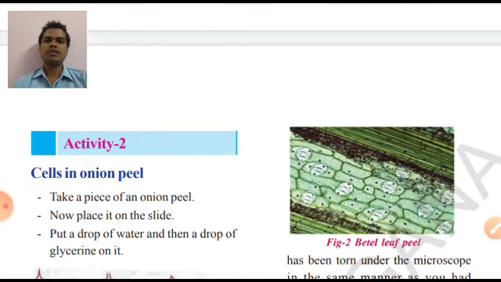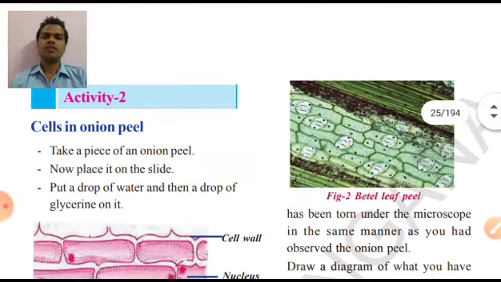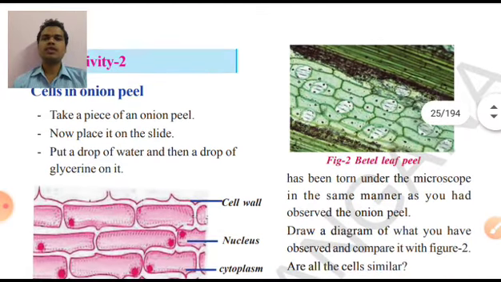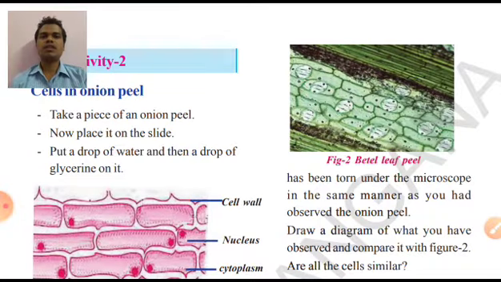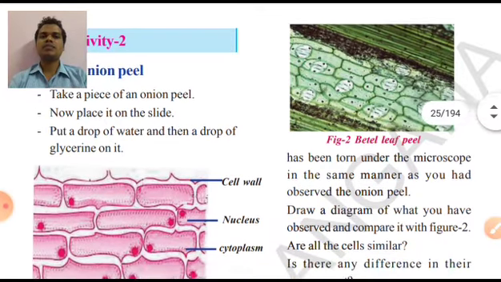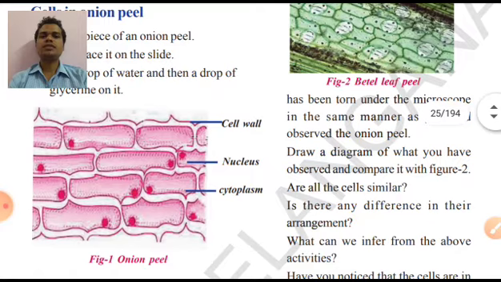Now let us do activity 2, cells in an onion peel. We have already done this experiment in the 8th class with onion peel cells. Now you know how to take onion peels. First of all, you have to take an onion, cut it into some rectangular pieces, separate its leaves and press both edges. Then you will get a thin film. Take a small portion of this onion peel, keep it on the slide, add a drop of water, cover it with a cover slip and observe through the microscope. Whenever you see through the microscope, take a pencil and draw what you have observed.